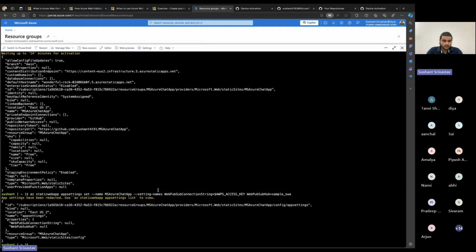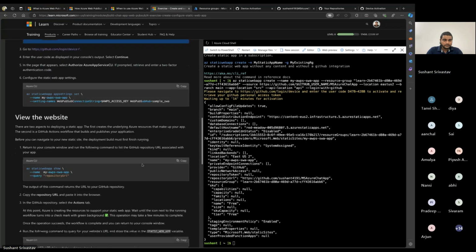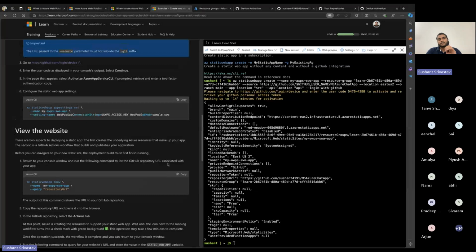It's doing its own thing. It shows the location, app settings, and then this config setting that we are doing. And now, once we have configured the static app settings, we have the view of the website